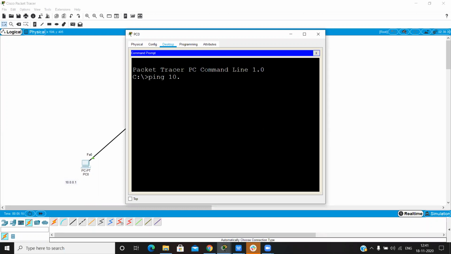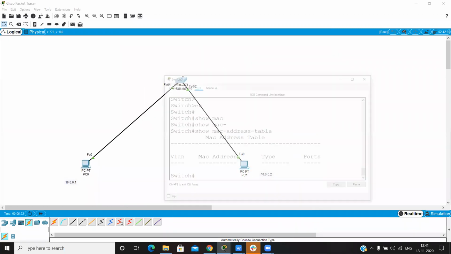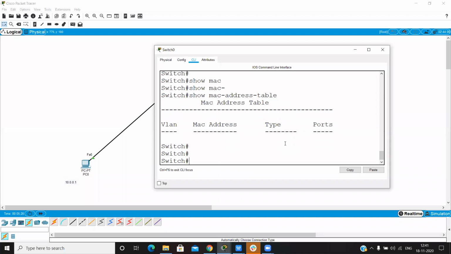Ping 10.0.0.2. Ping is successful. Now we can check the MAC address table. Firstly, VLAN 1. By default, all the switch ports are in VLAN 1. MAC address of PC0.